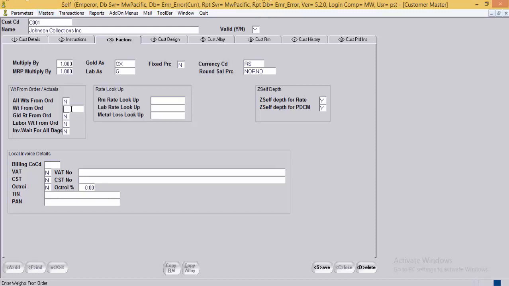Next is weight from order. In this the user needs to specify the RM categories for which the weights have to be taken from the order.